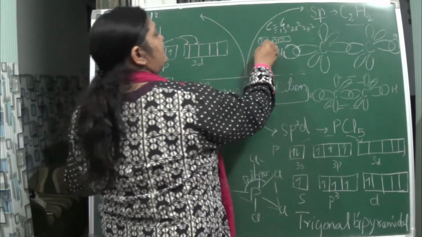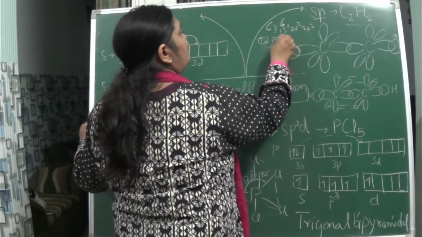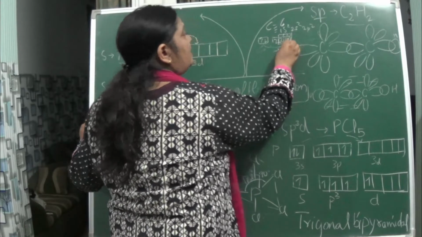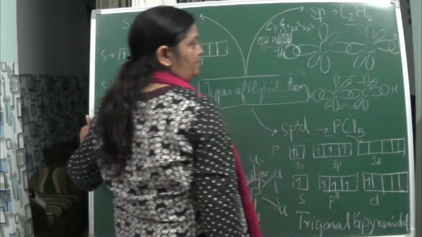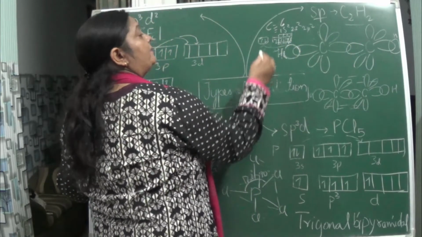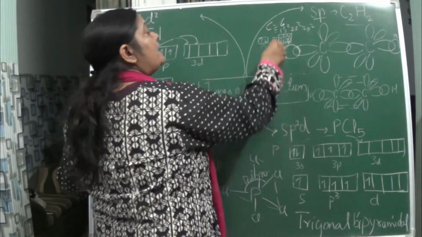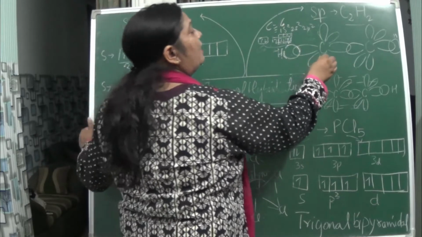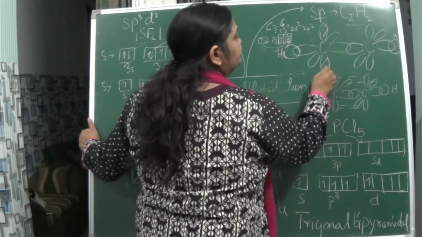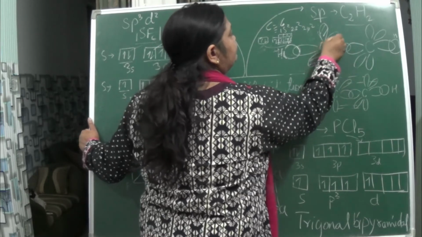But what happens in the excited state? Yes, it gets excited, but these two become unhybridized because here only 2 hydrogen is present, and these 2 hydrogen have got attached over here, hybridized over here. Naturally, now these 2 are left behind, isn't it? And as a result, these are the unhybridized ones, isn't it?